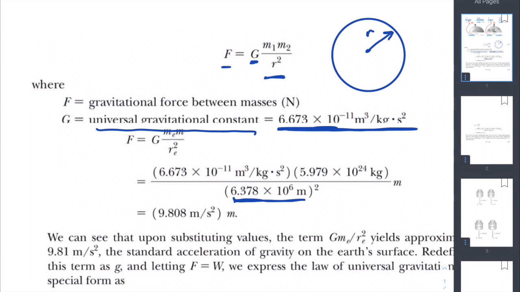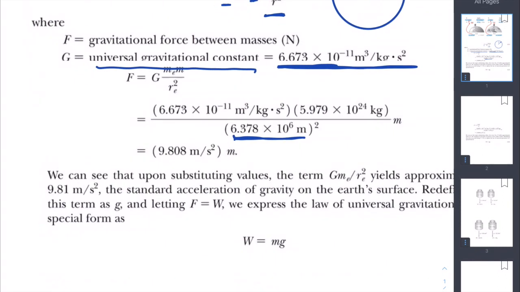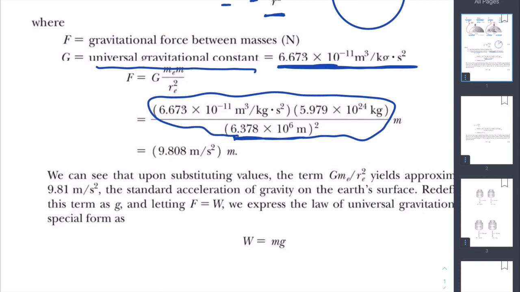Then you would also need to know the mass of the object under consideration and the mass of the Earth. We can estimate the mass of the Earth and we know what the gravitational constant is. So if we're sitting here on the surface of the Earth, then we are able to come up with a measure of this force. You take all these numbers, you plug those in, and you're left with